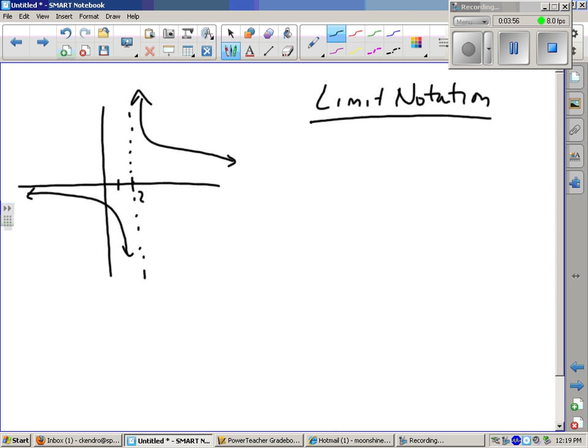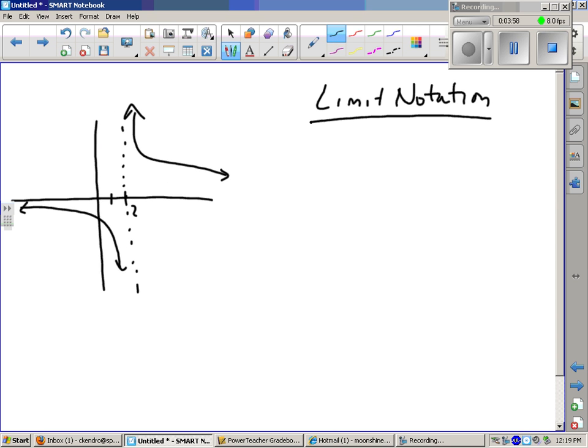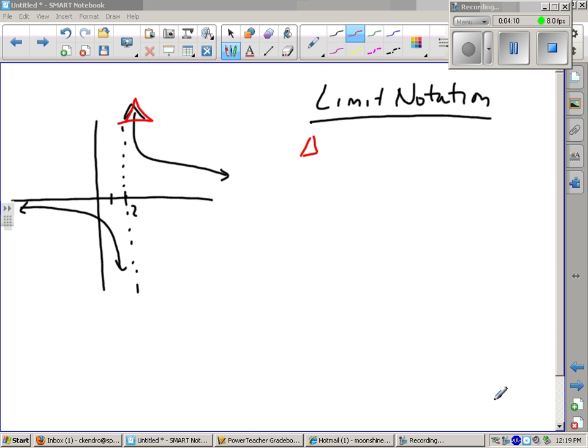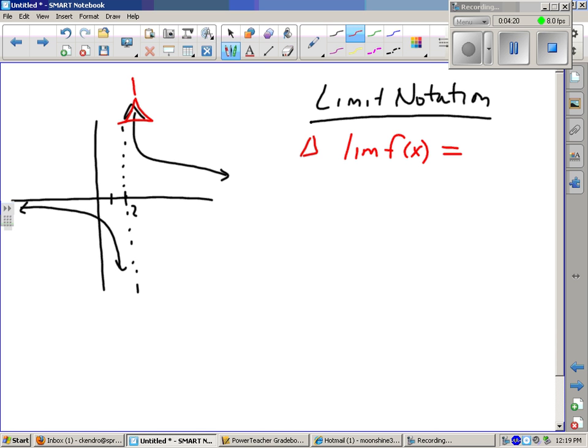So we are going to take this top arrow, the up arrow. And the way we do this is we say the limit of f of x, the limit of our function equals, now how far up does this arrow go? Well, it goes forever. So the limit of our function is infinity as x approaches,